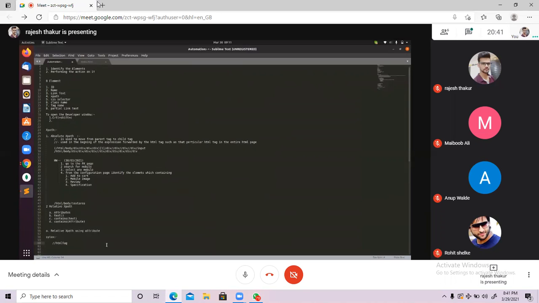Now, HTML tag, square braces, @ attribute equal to value, and the value should always be given in single quotes. I will tell you why to give this in single quotes. Okay, but you can give double quotes also as of now, but always prefer the value in single quotes. And at the end of the class, day after tomorrow, I will give you the reason why we should use single quotes. So this is the syntax.